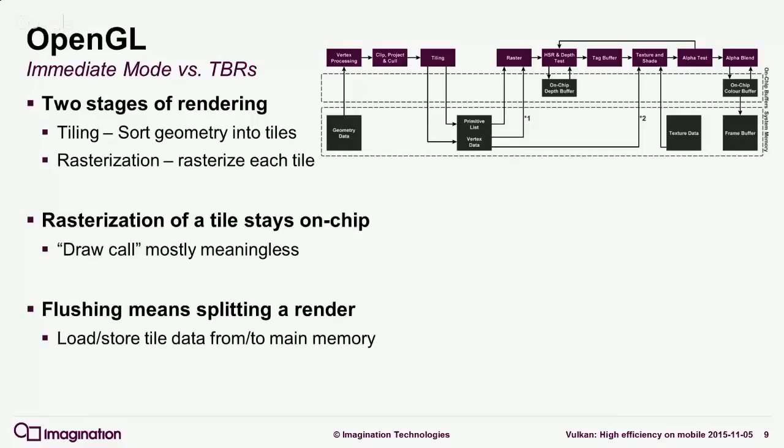But the main thing to note here is that after the tiling phase, the idea of a draw call is mostly meaningless. Your unit of work by the time you get to rasterization is a tile, and a tile does some work for some number of draw calls. Any draw call that touches that tile, that work will be operated on at this point. And if you happen to want to flush in the middle of a set of draw calls for whatever reason, it means you actually have to split the render up. So if you were to do draw, draw, draw, GL flush, draw, draw, draw,